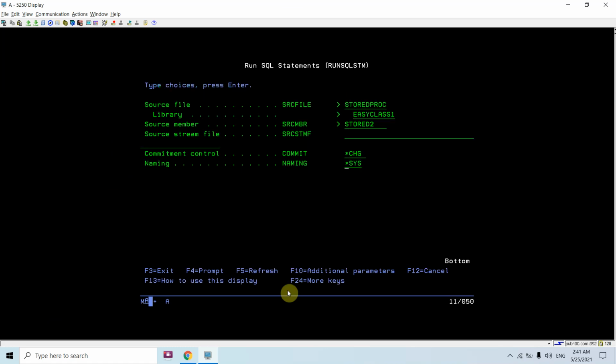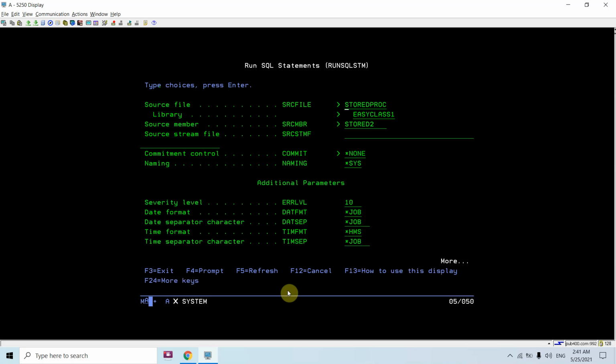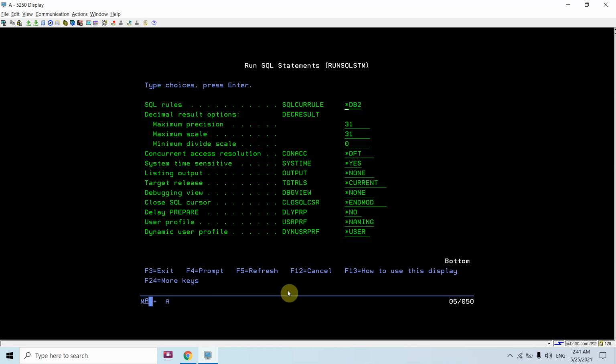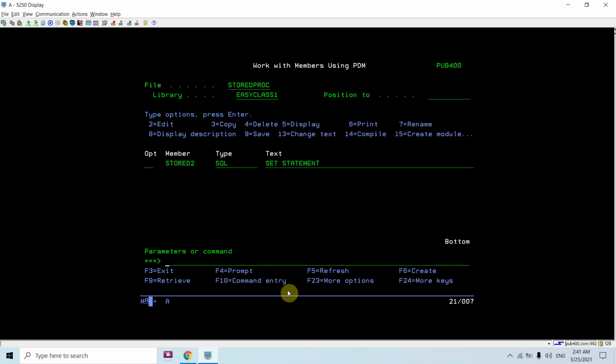Just take F4 here, and you can set the commit option to *NONE. Then take F10, page down, again page down. You can see debug view *SOURCE. So now this procedure gets created with debug view *SOURCE.